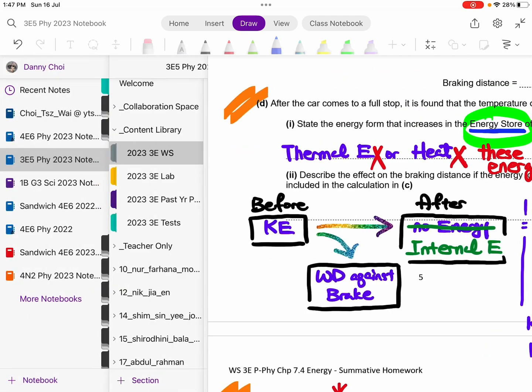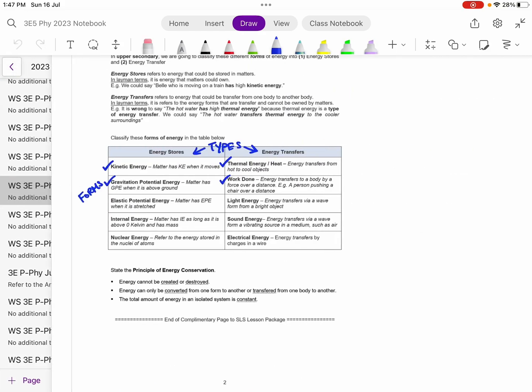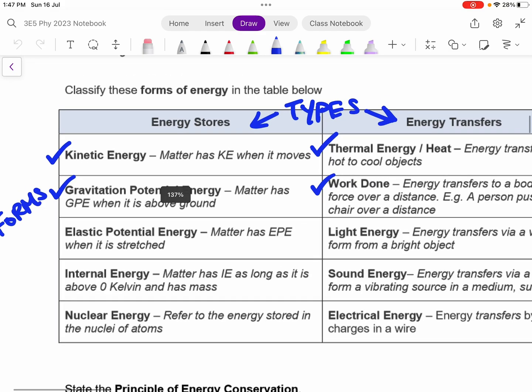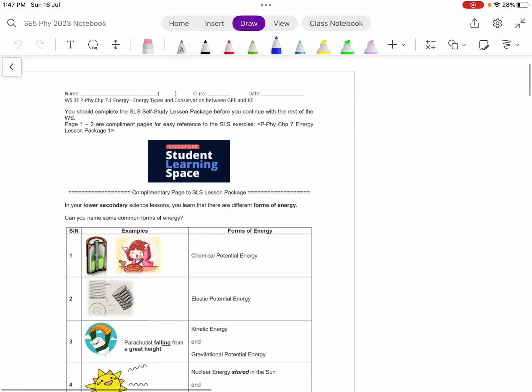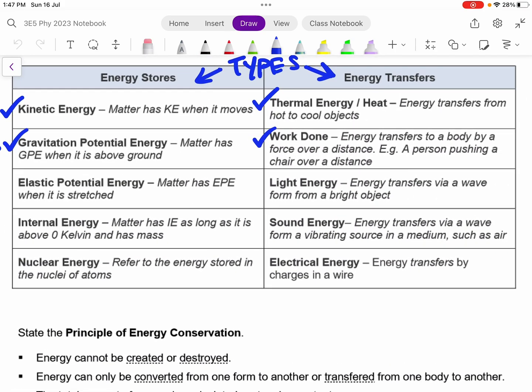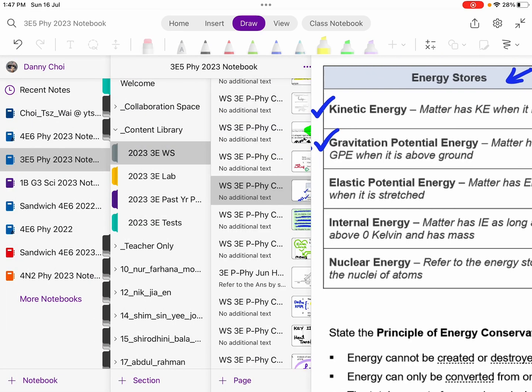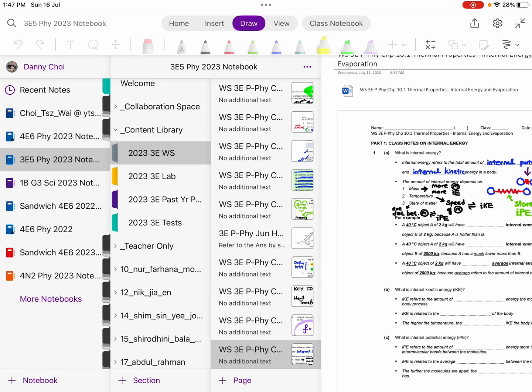I'm not sure if you can recall, maybe I take this chance to highlight this again. If you recall, there is this worksheet with the cube pictures, worksheet 7.1, and you will see very specifically some examples of energy store and some examples of energy transfer. So in that question, if you quote thermal energy or heat, you're actually referring to energy transfer and you'll be marked wrong. Why? Because the question is actually asking for